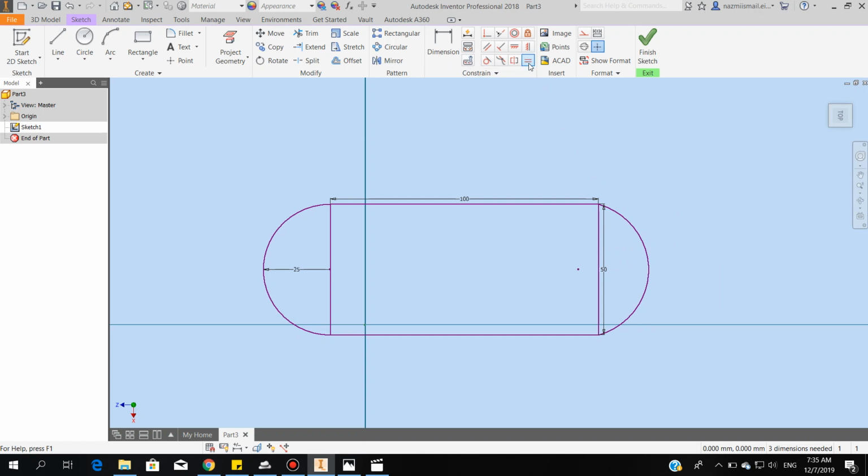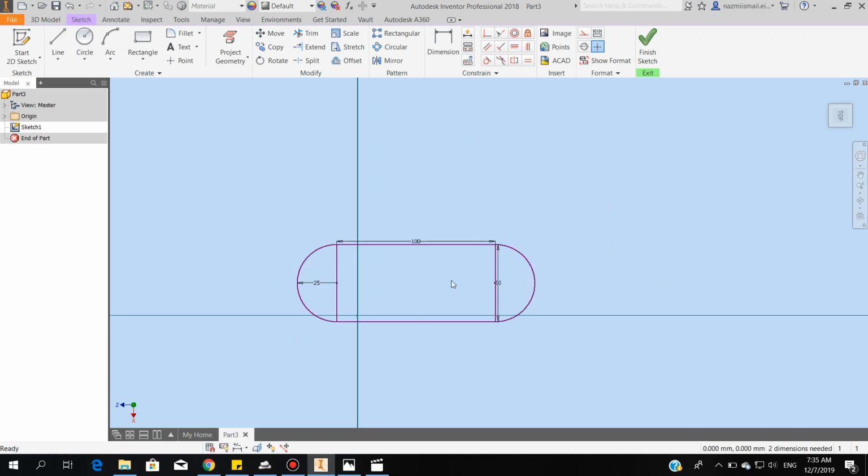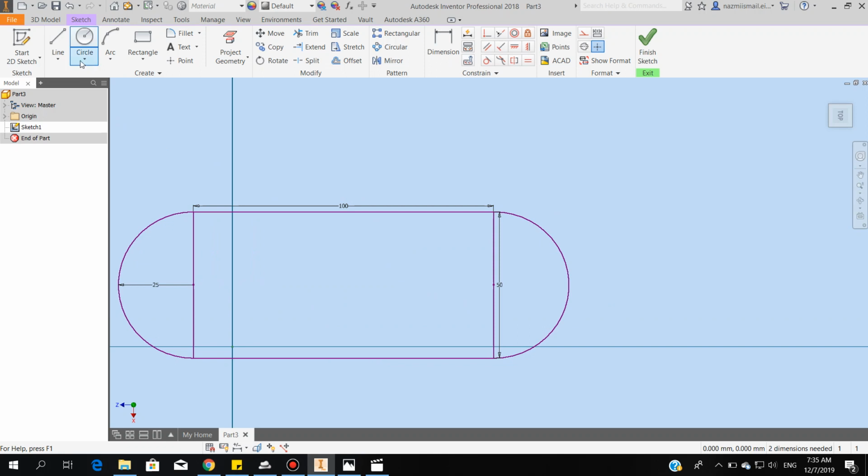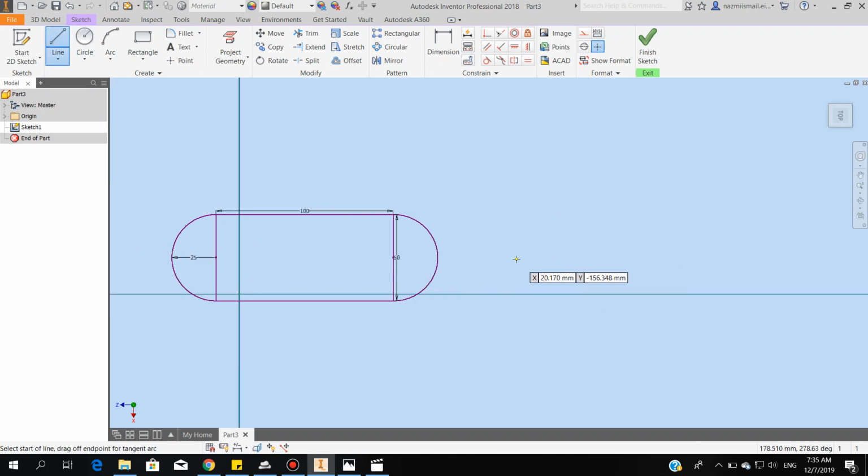We use this equal constraint, so click this arc and this arc, so you can see the equal radius. Okay, right click, okay. Next we are going to create a line, so by using line we create this object. So click here, then we put the distance 50, enter, then to the right we put distance 50, then